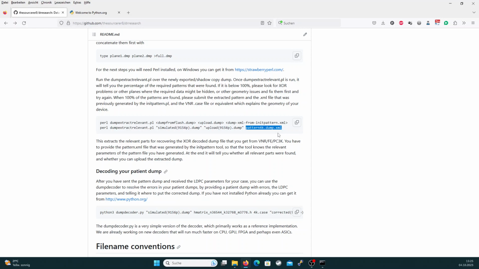So if you have VNR, you can send me your case file, for example, or if you're using any other tool, then please send me the configuration files that you've used to dump the case, or send me a screenshot or something like that, so that I know about the exact geometry of